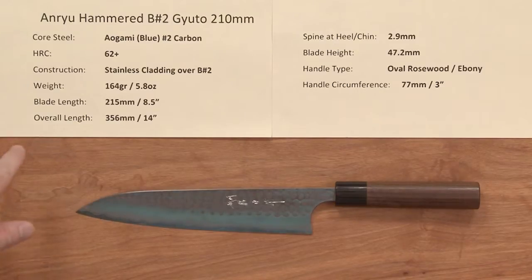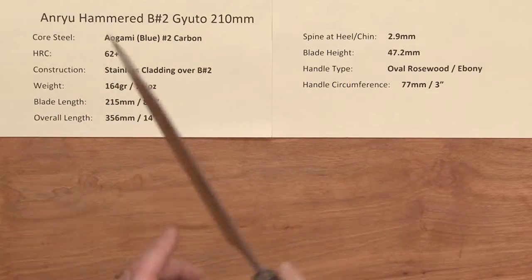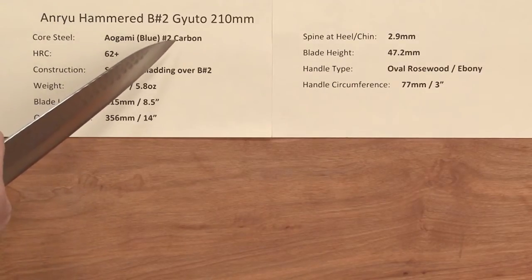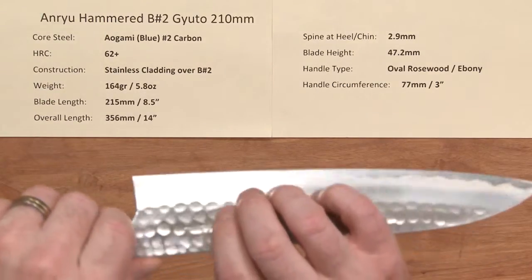This time we're looking at the Anryu Hammered Blue No. 2 Gyuto 210mm knife, and this line of knives has a core steel of Aogami or Blue Paper No. 2 carbon steel, reactive steel. The heat treat's about 62 Rockwell plus-ish on this, and the construction is a very interesting